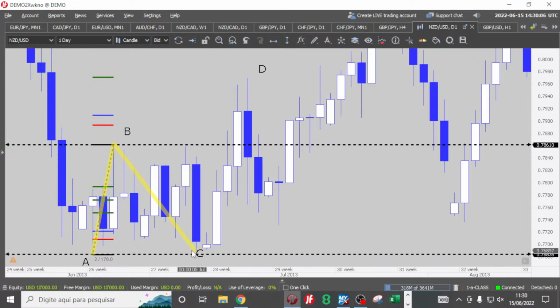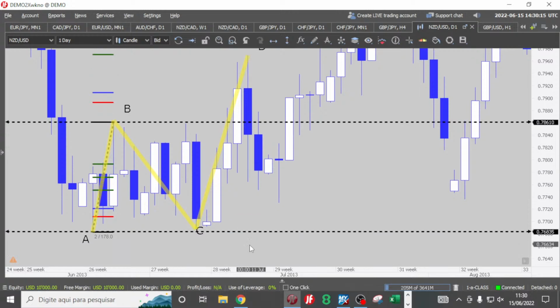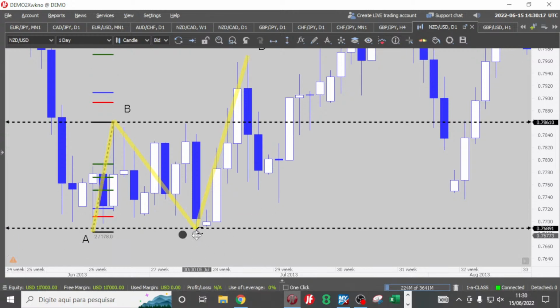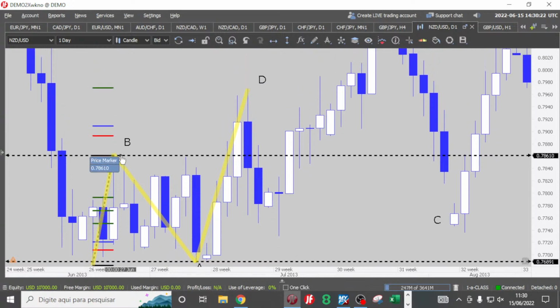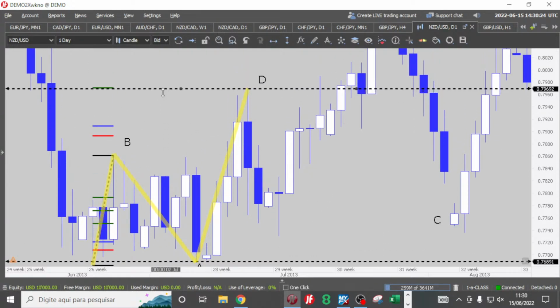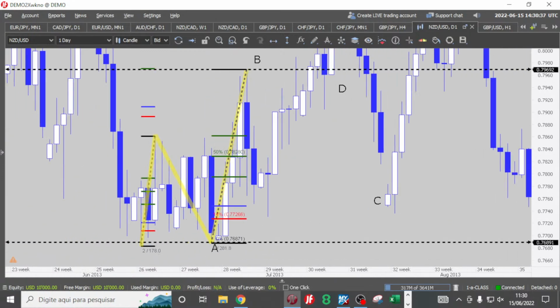And we are going to connect the A, B, C, D. First circle is the D, yes sir. Okay, now our A goes to C, right? A goes to C, and our B goes up to D. A, B, C, D. This is our B. Fibonacci retracement tool from B to A. And we have another Fibonacci sequence.